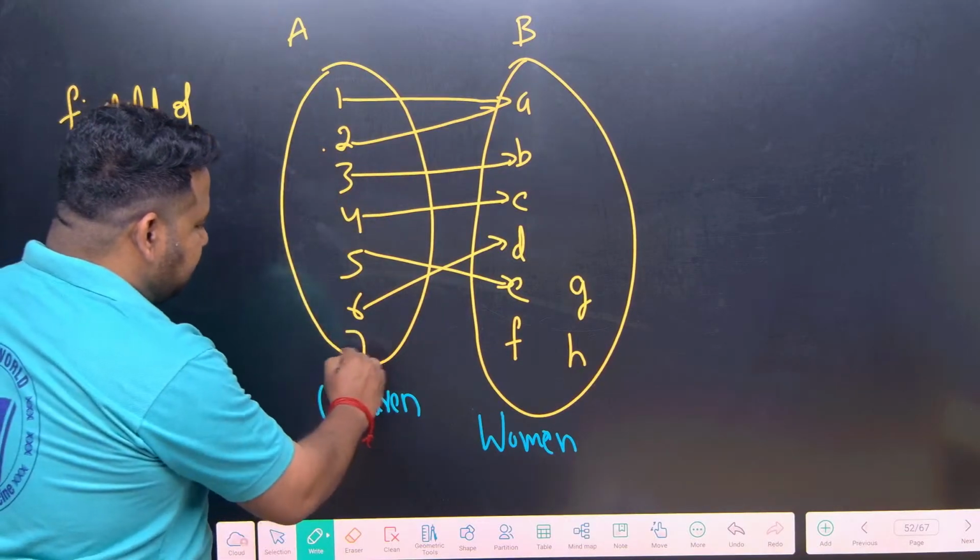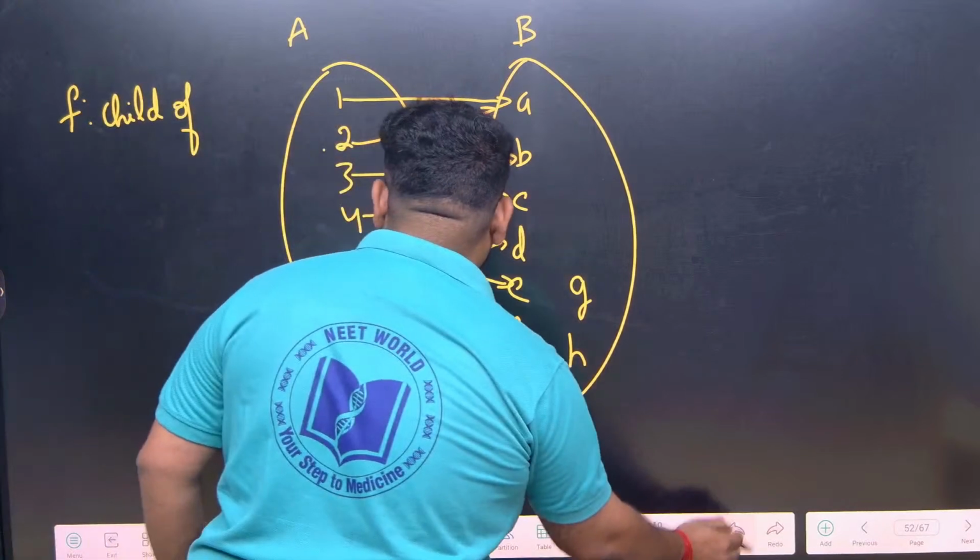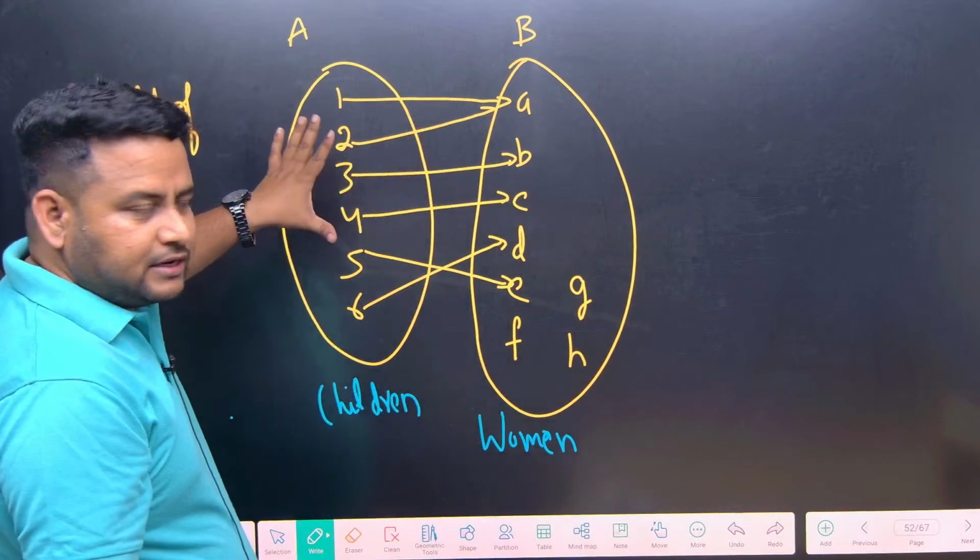Suppose I write 7 here. It is left out. It should not be left out. Nothing should be left out. Everything should be connected in set A. Okay, next they are telling